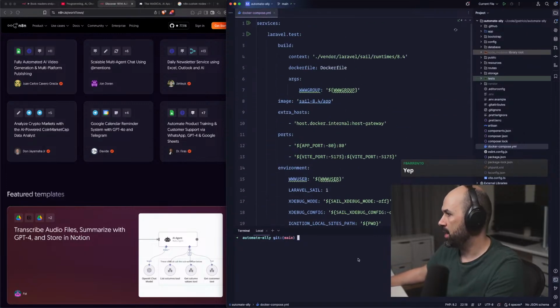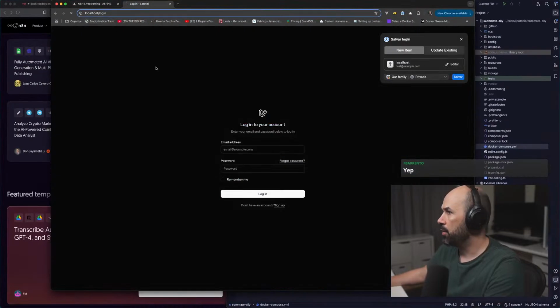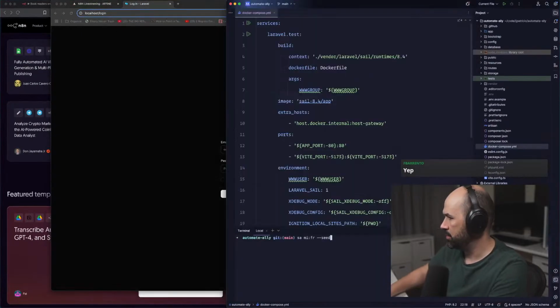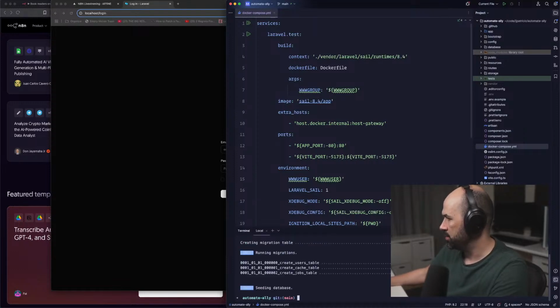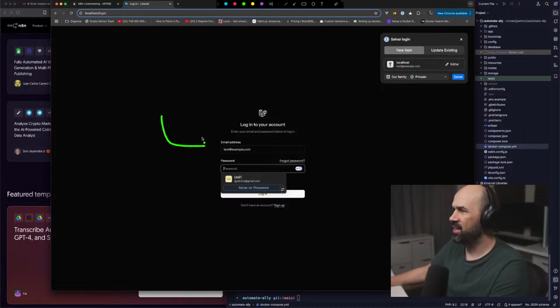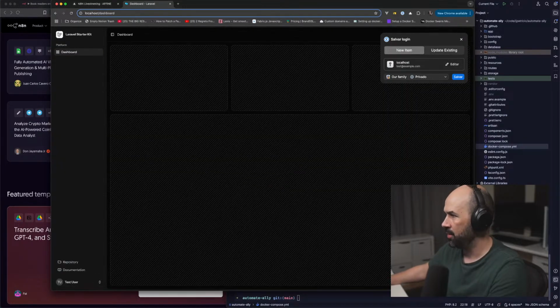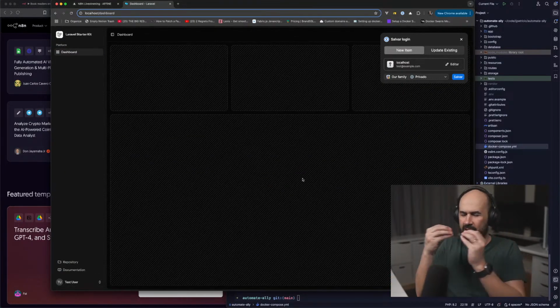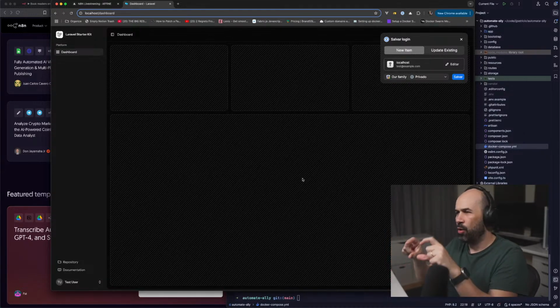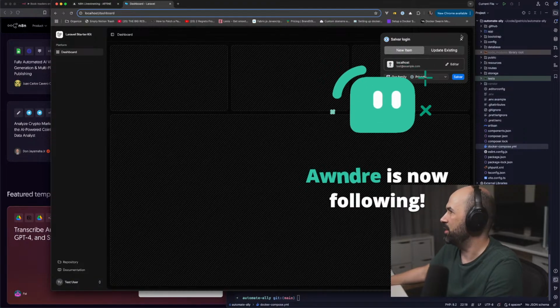So we just have the Laravel Sail application. We are running it. I just ran migrate fresh seed. I don't know if it would be accepted, but don't you guys hate in local development when you have to fill in these credentials? I always have, if it's local, then autofill, or a combo box with the user. But I'm silly, never mind.